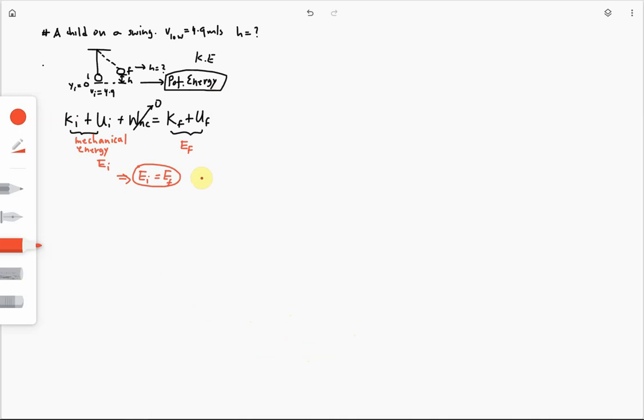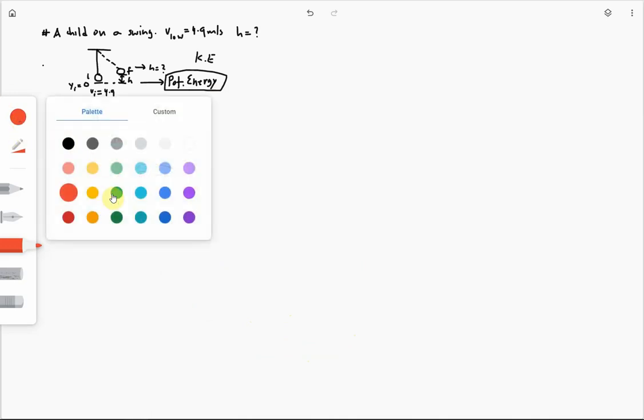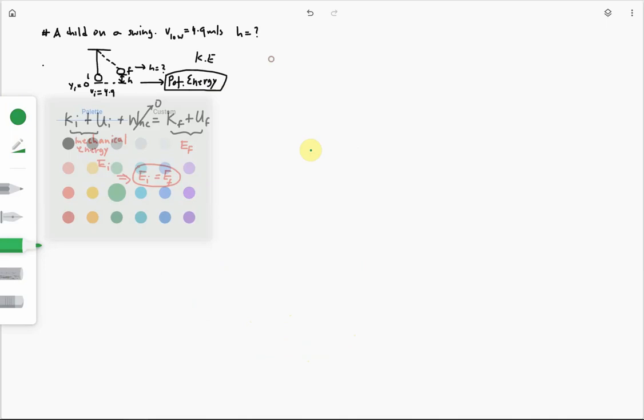Okay, so now that we have established what principle we are going to use, let's go ahead and actually work it out. So let's go term by term. What is our initial kinetic energy? Ki